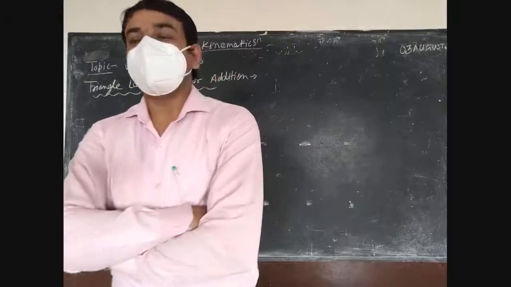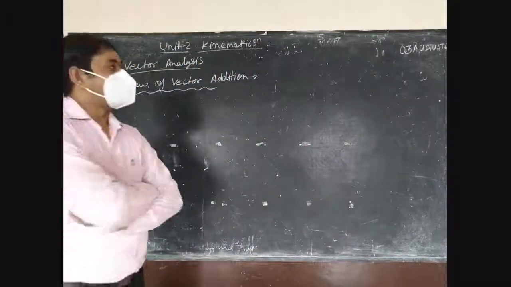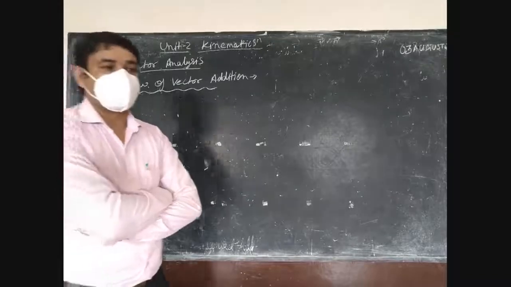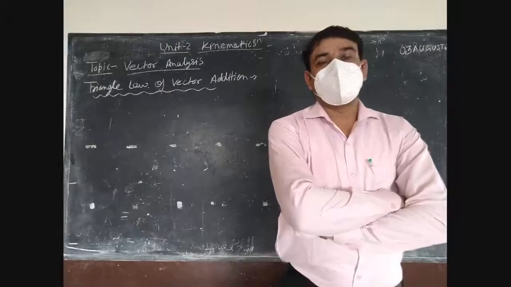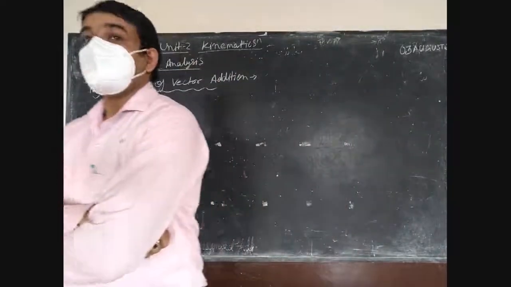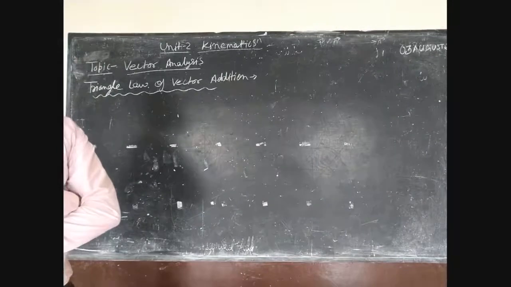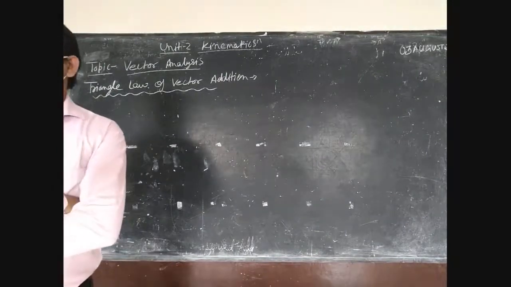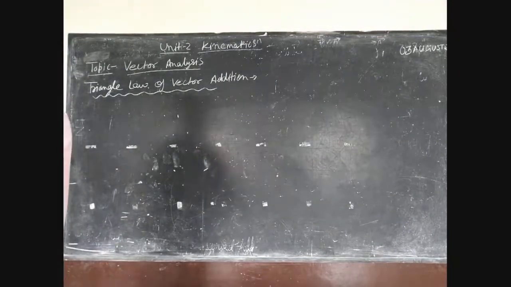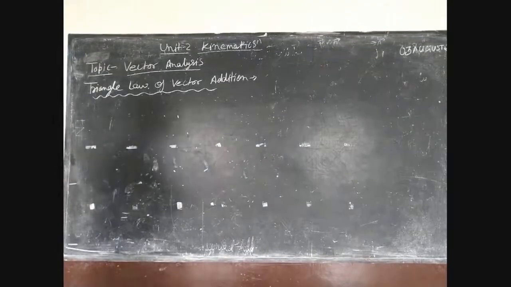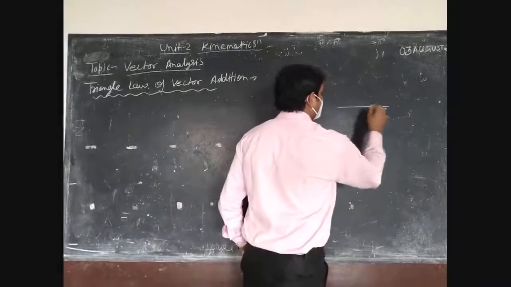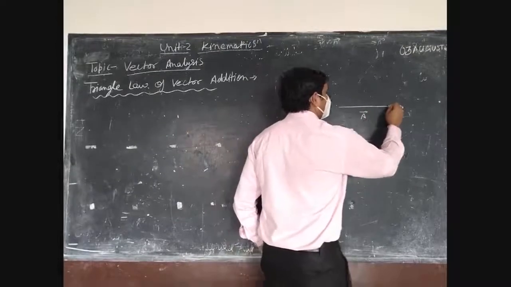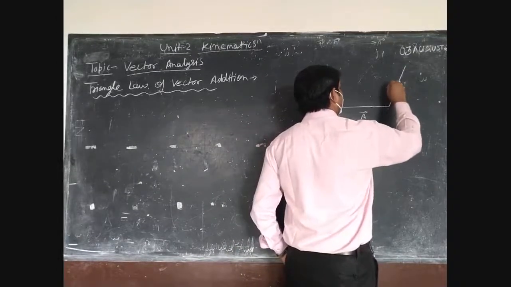Two vectors, vector A and vector B, acting along the adjacent sides of a triangle taken in one order, then the third side gives the value of the resultant taken in opposite order. That is, if we have two vectors, let's say vector A and another is vector B,